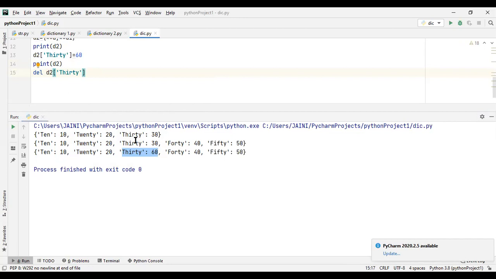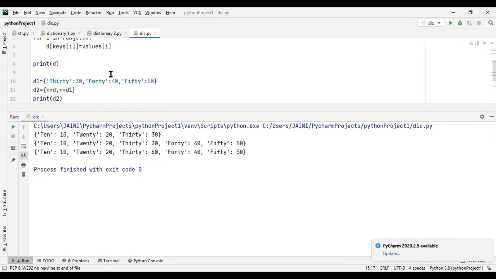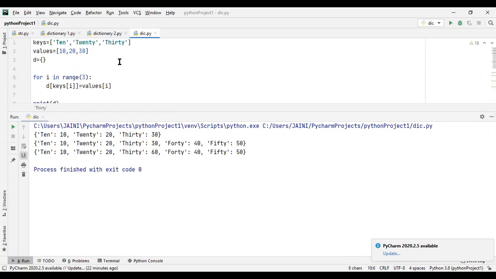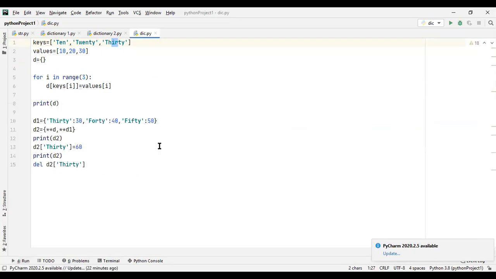When we made it, we would have 2 keys that were 30, because this also had 30 and this also had 30. But if you notice, when we merged the 2, only one key stayed and the other did not stay. So before I delete this, I want to check which one stayed and which one did not.